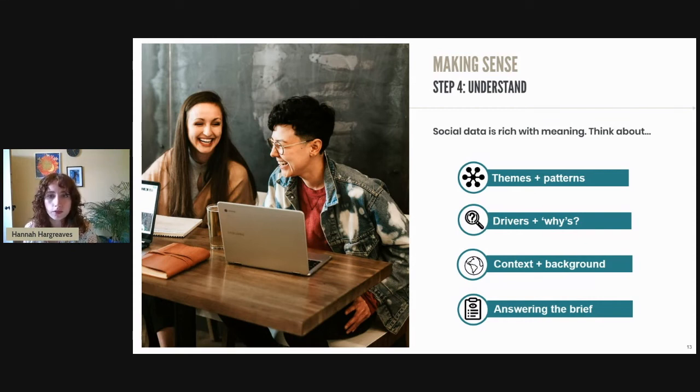So a few tips to think about. Use your quant coding, your quant numbers, to guide you. Which areas are most interesting? What areas are people talking about most often? What do you want to drill into more? Then you can filter the data by those different areas and look back through the comments to understand what's actually going on here,